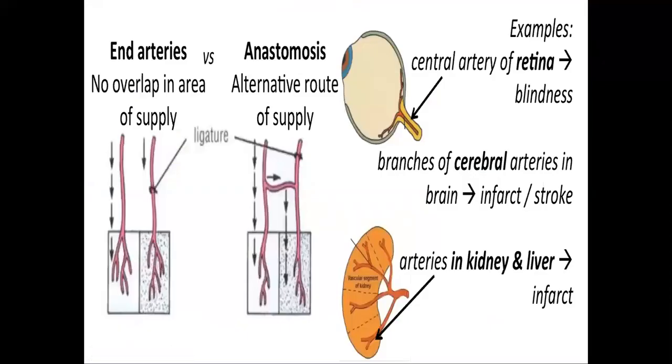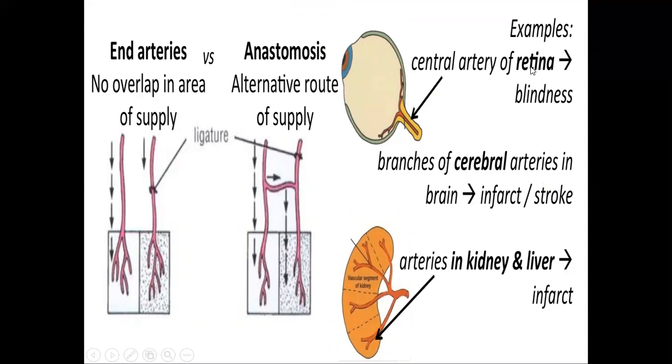What are end arteries? We have discussed it in the last lecture. End arteries are the arteries which have no collateral anastomosis. They do not have anastomosis with any of their corresponding arteries or branches, or no anastomosis at capillary level. Others have an alternate route of supply. So when end arteries are blocked, that is going to lead to complete necrosis and death of the tissue.